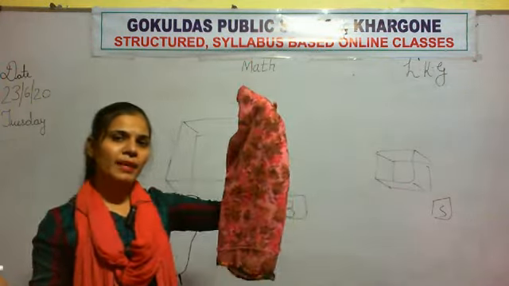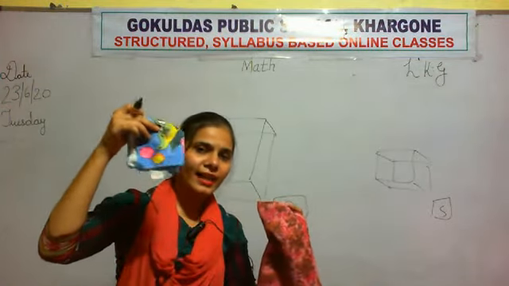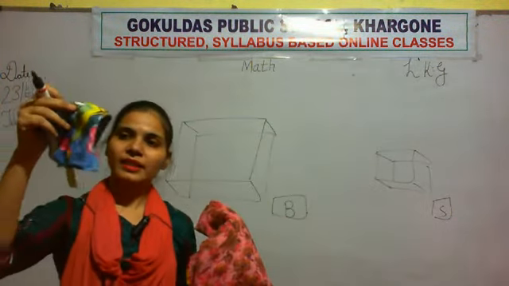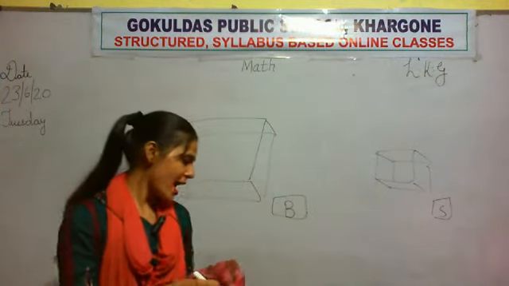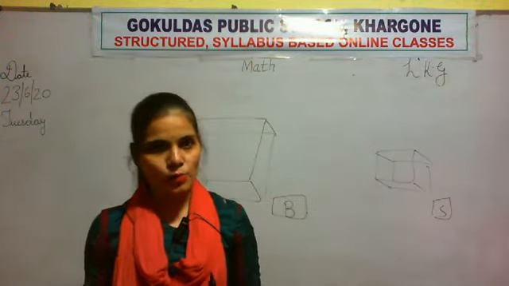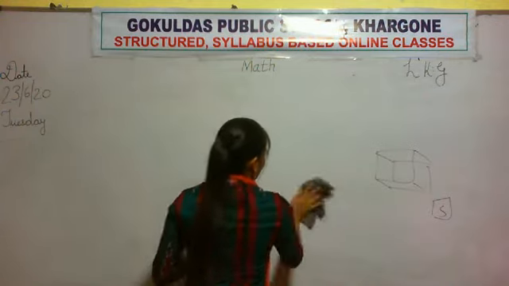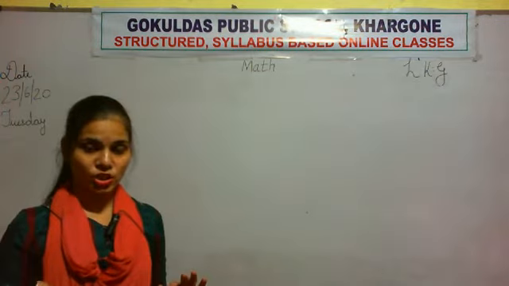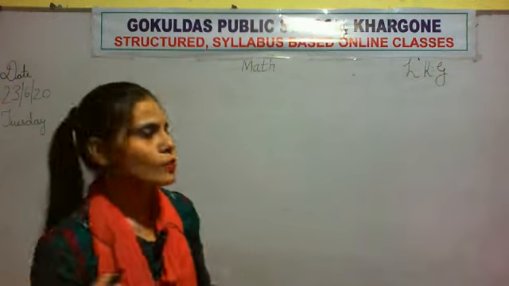This one is big in size, and this one is a small hanky. This one is big because it is called a scarf, but this one is small according to its size, so that is called a hanky. So you understand which one is big and which one is small? Okay. In your notebook, you will draw some pictures and write which one is big and which one is small.